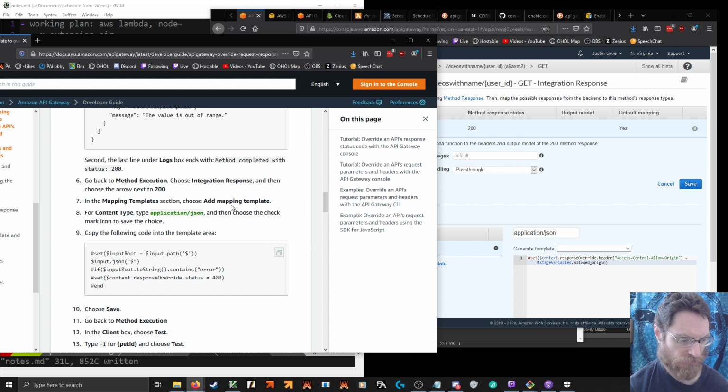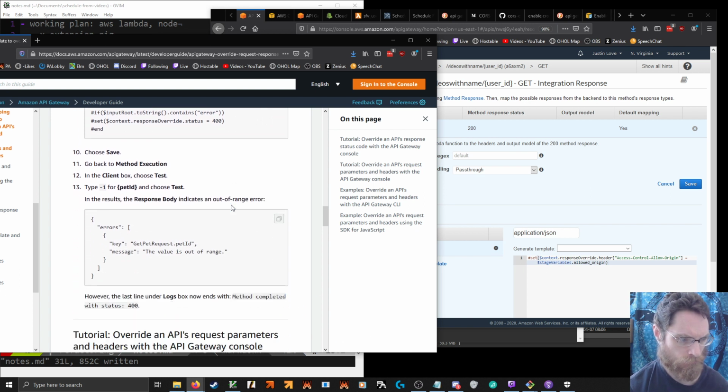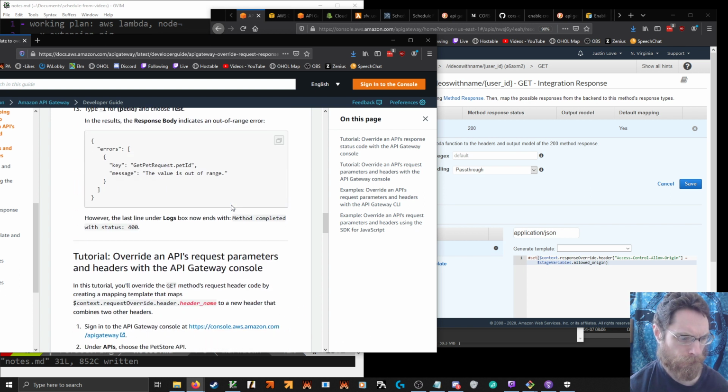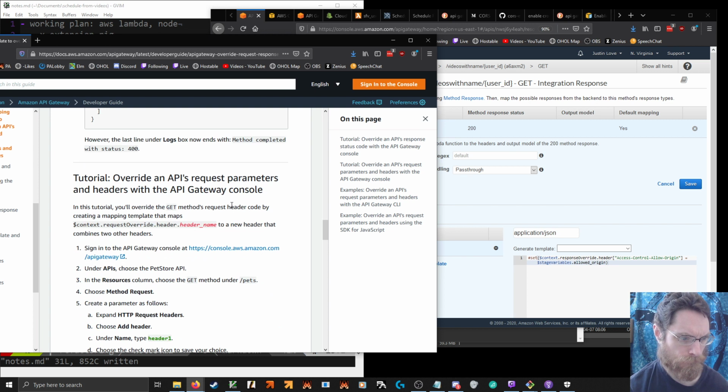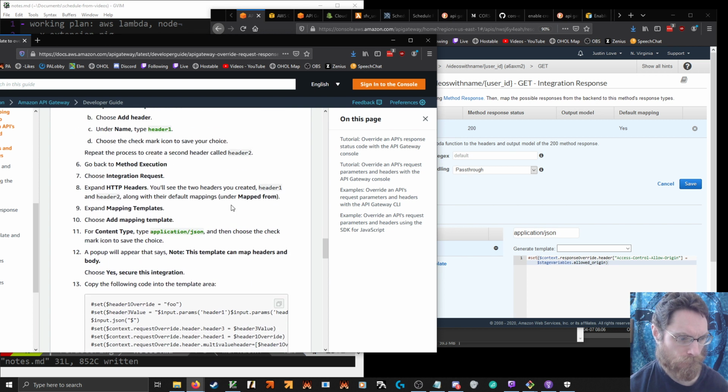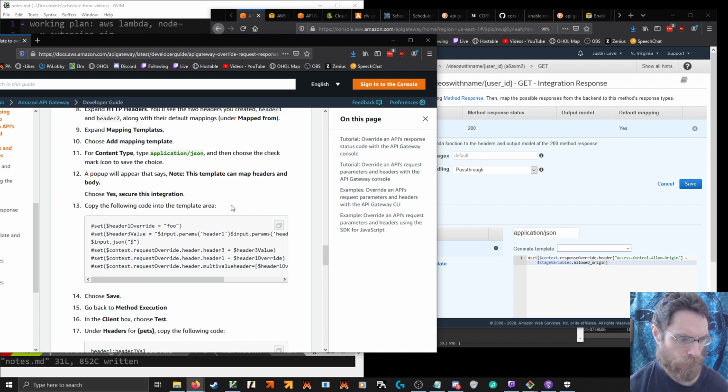Response override dot status. Header override. Set, set, set.